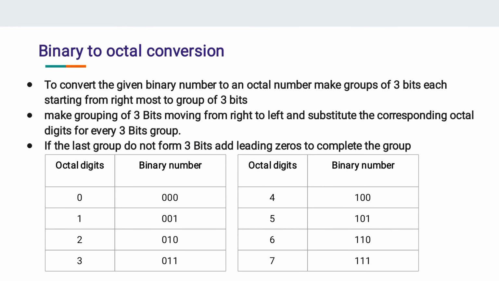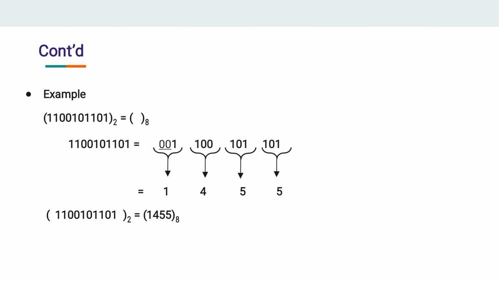So next is binary to octal conversion. It is the reverse. We have to take a 3-bit grouping and make a single digit of exact substitution in the octal format. So this is the example, and this is the question. You have to take a 3-bit grouping. For the remaining bit you have to add some zeros. So this is a 1 remaining, so you added double zeros here in the MSB part.